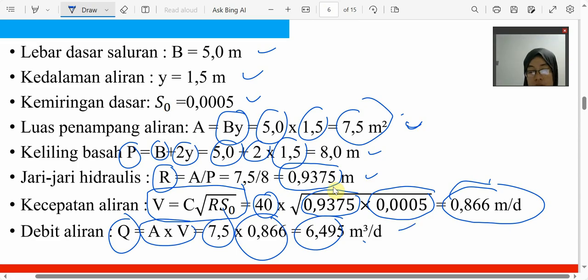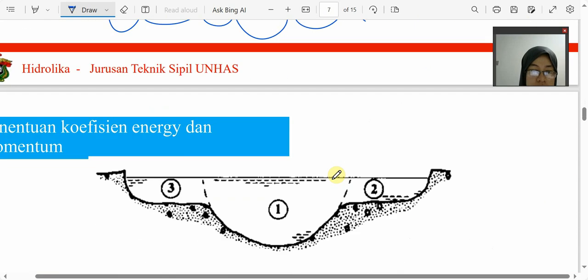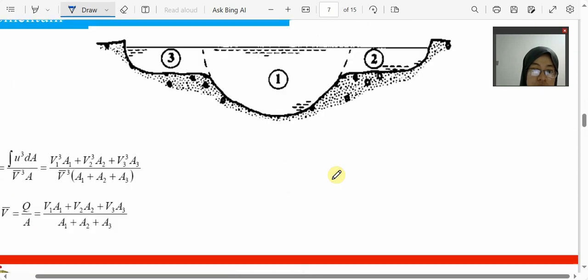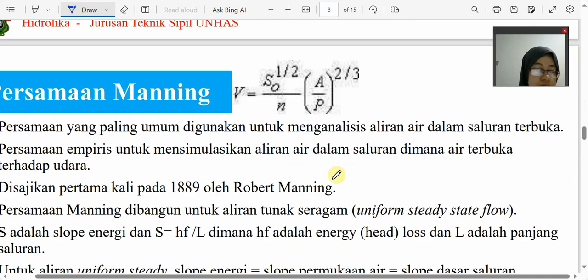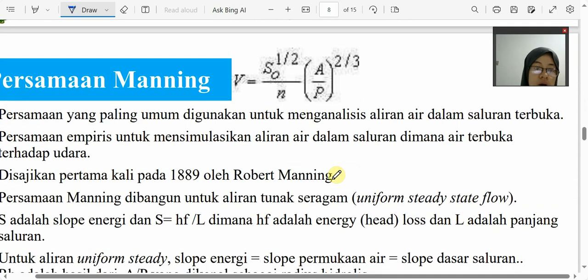Okay, so this one is a very easy problem. We skip this. We already talked about this in week 2 or 3. Okay, now